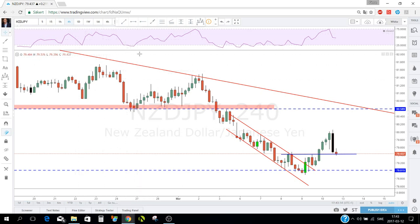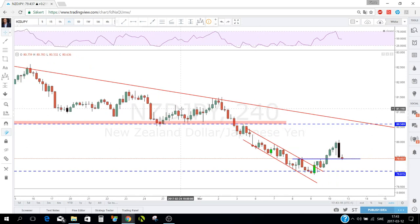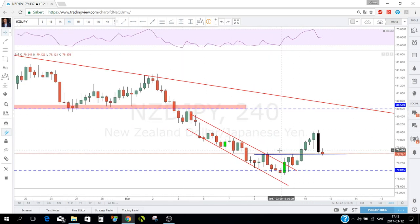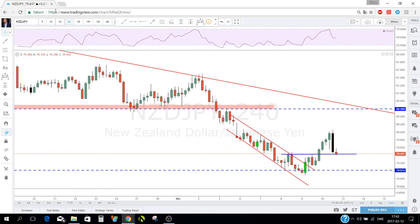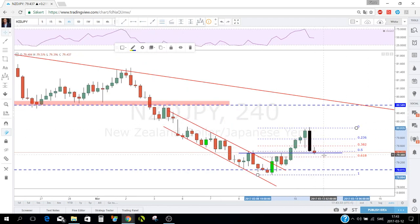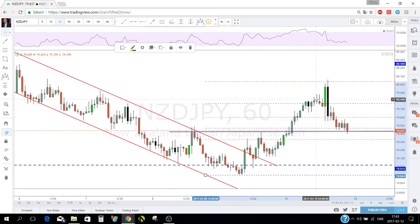Yes, good. So yeah, we were talking about New Zealand Jappy. What we have now is this retracement back to the neckline. If we take a Fibonacci retracement tool and measure this move, we have the 61.8 also near this area. The only thing that I don't like, I would want to see oversold also on the 1 hour